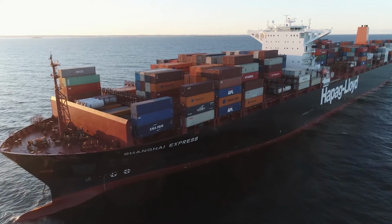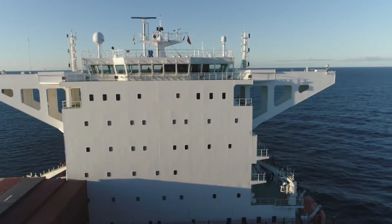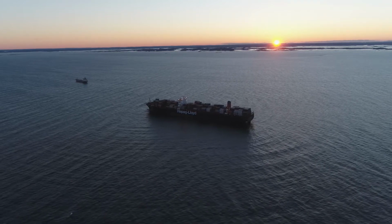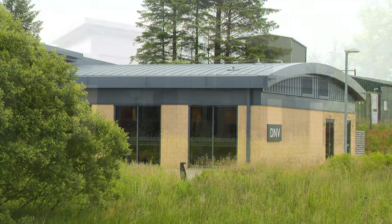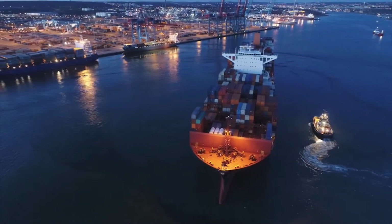It is perhaps the most burning question of all for the engine of global trade. How to fuel the shipping industry safely, efficiently and with a low environmental impact. The answer may lie in land. Behind DNV Spadeadam's tranquil exterior lies a large-scale research and development base that's already making waves throughout the maritime world